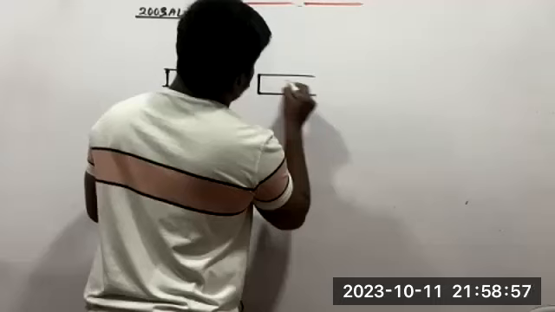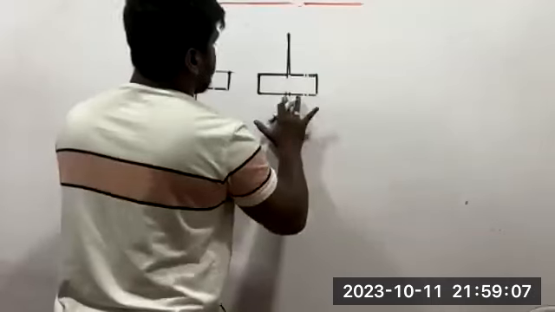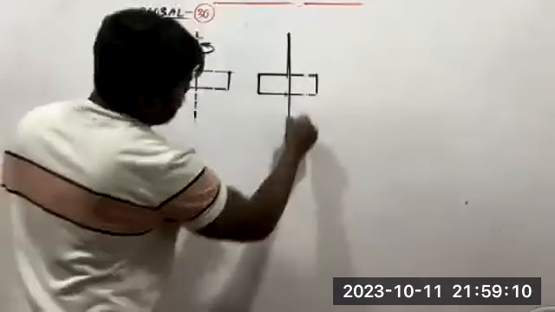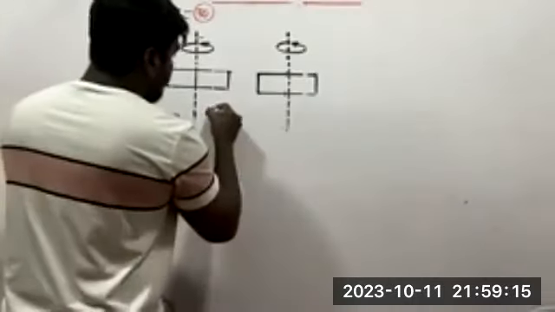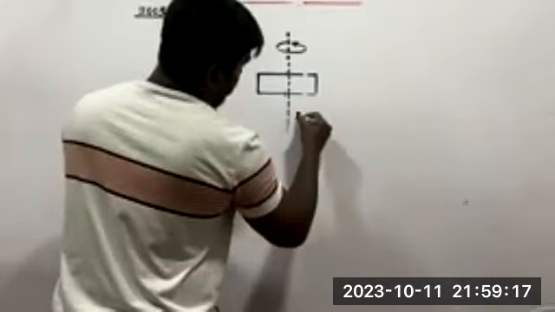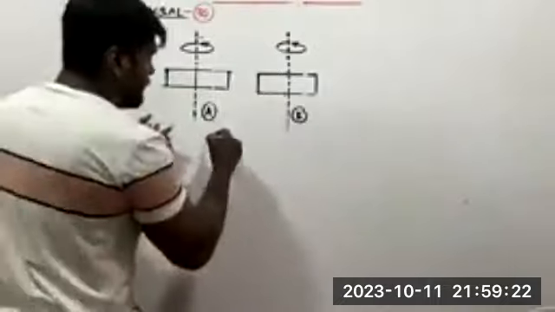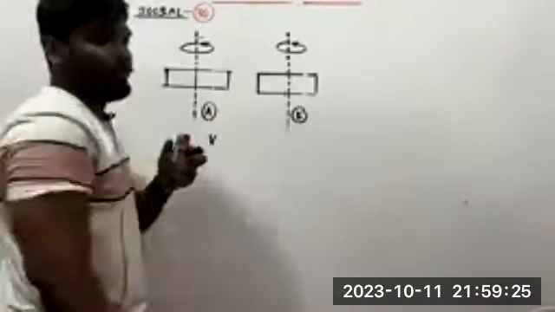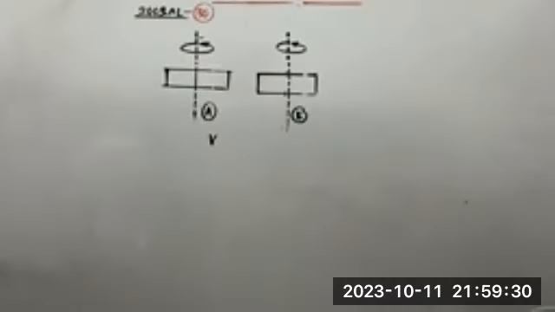So axis of rotation. This object is capital A. This one is object capital B. Now they mention both of them have the same dimensions, then the volume is the same for both of them. But both of them are made of two different materials. So therefore the density of capital A